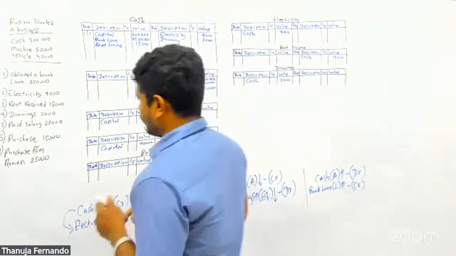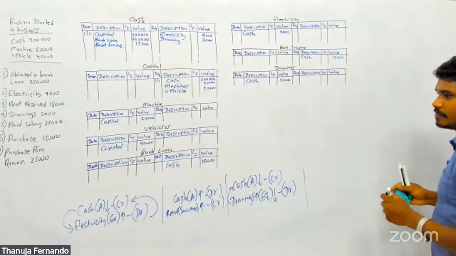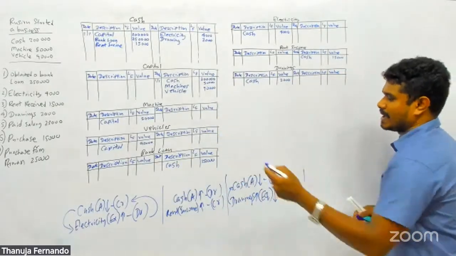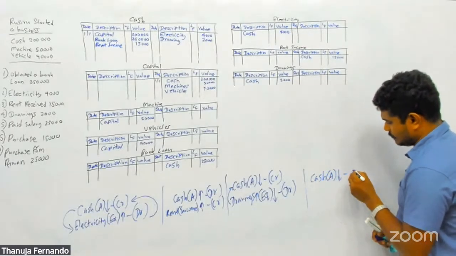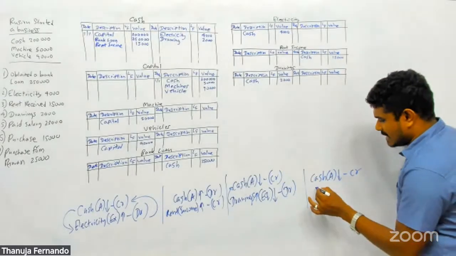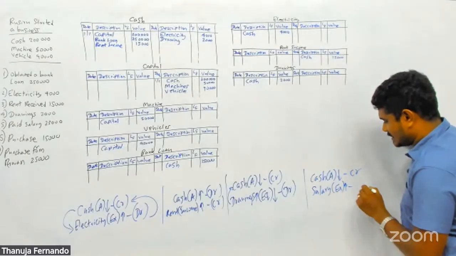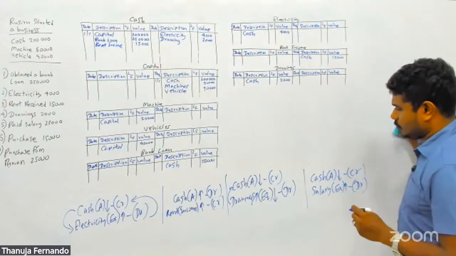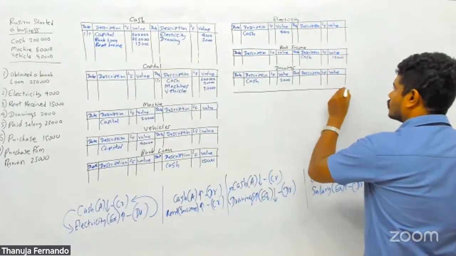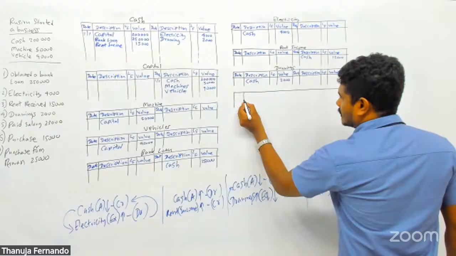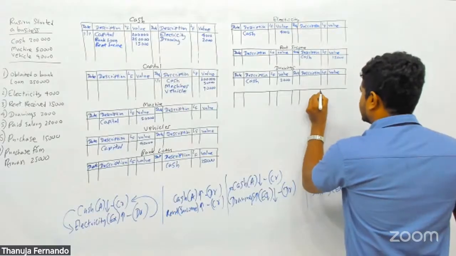Right. Next one, paid salary 23,000. When we pay salary, we pay salary in cash. Then when we pay cash, cash in the business decreasing, assets decreasing, credit. On the other hand, salary is an expense, salary expense increasing, debit. So we need two accounts, one for cash, one for salary. We already have a cash account, so no need to draw a cash account again. We can use it. So we have to create a new account for